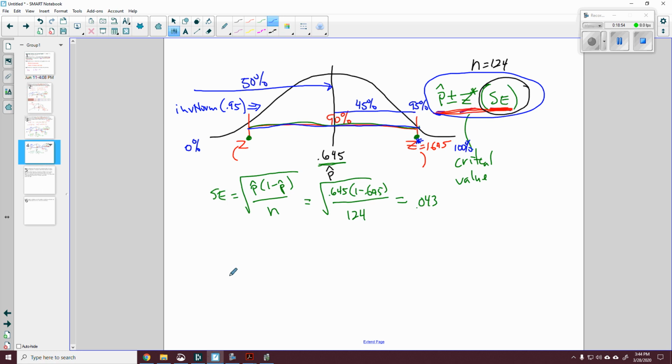I have p hat, which is 0.645, and I'll do the plus before I do the minus, plus my z asterisk, which is 1.645. That's just coincidental that it's 0.645, times my standard error of 0.043, and that gives me